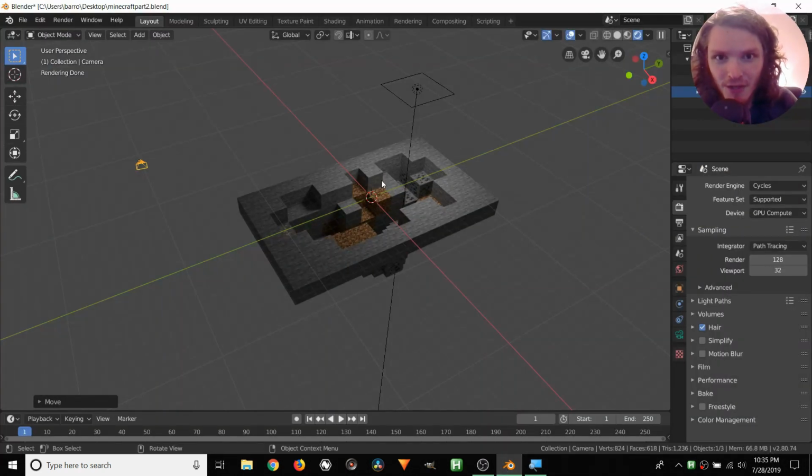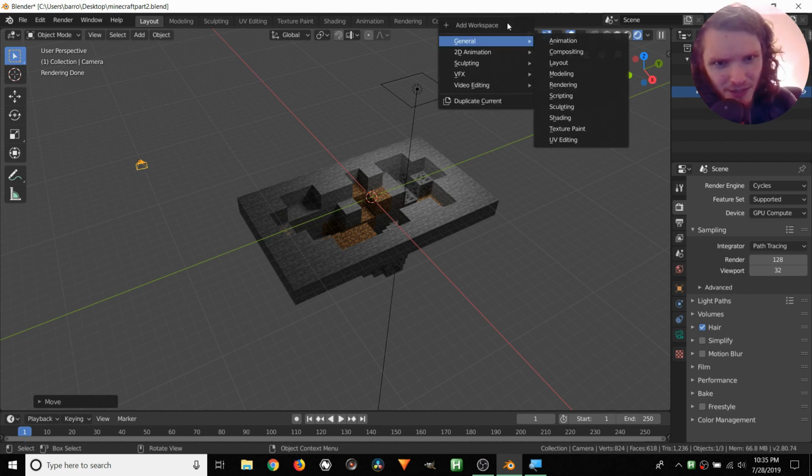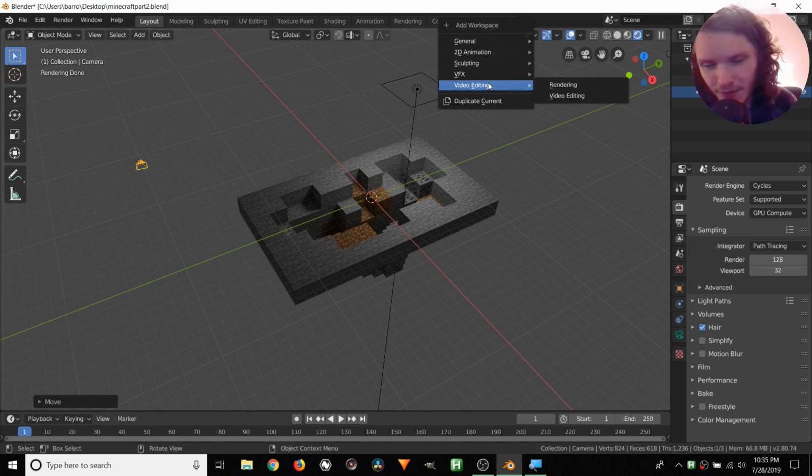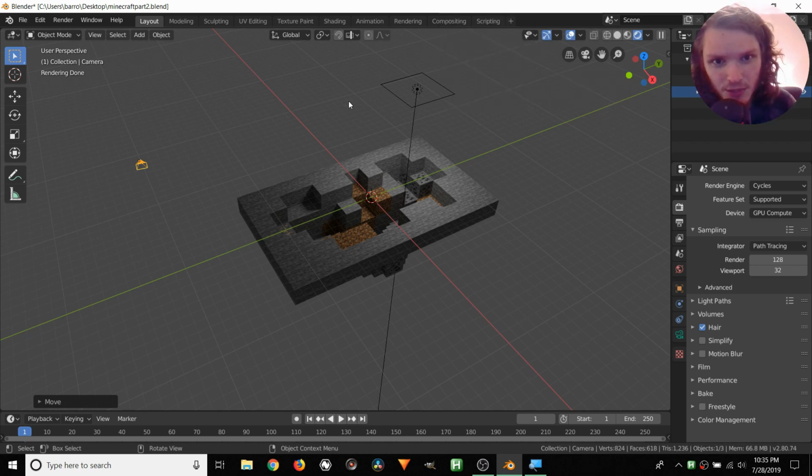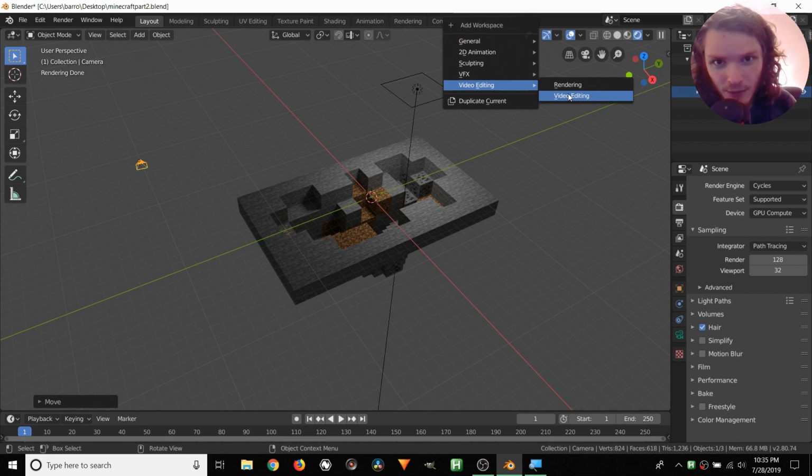Okay, so first of all, we need to convert to an image sequence, and again, there's a way to do this with FFmpeg by typing a bunch of coding commands. We're not going to do that. We're going to do everything inside of Blender. Sorry, person who emailed me about that, but eventually I'll go over it, but for now we're going to do it in here. So I'm going to go over to the video editing workspace, so again, in your workspaces, if you don't have it, plus video editing workspace.